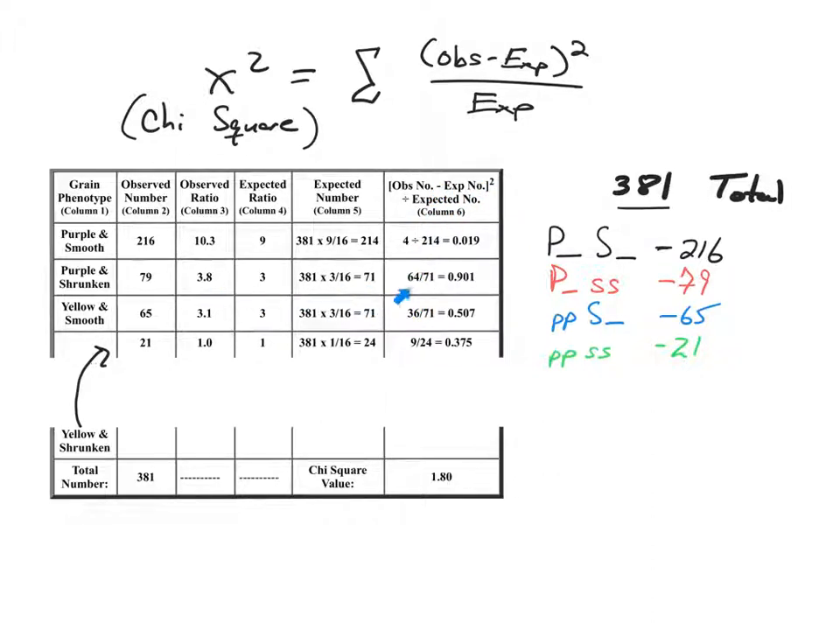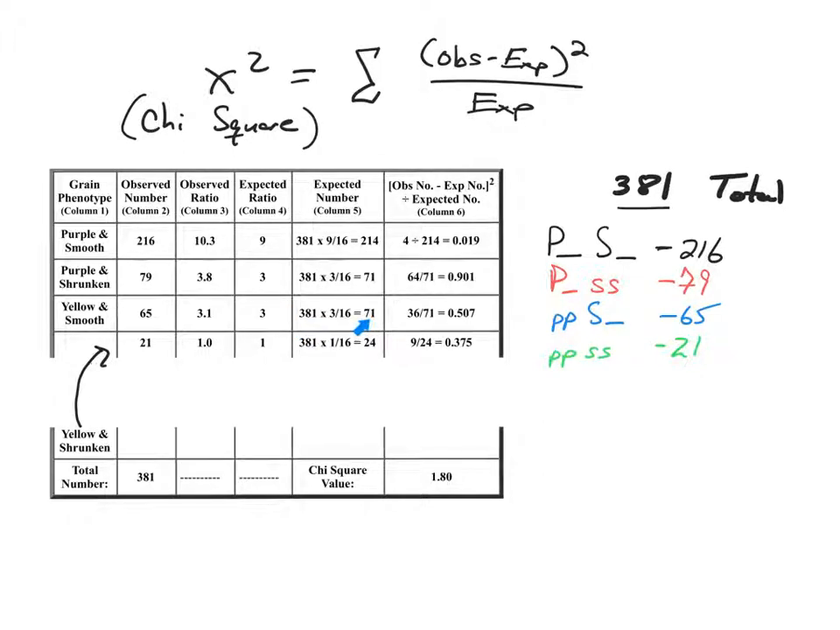Let's do it here. Where did they get 64? Observed minus expected. How many did we expect? What's the difference? 8. 8 squared divided by 71 is this. It's pretty straightforward. Now the next one is 36. Where'd they get 36? 65 minus